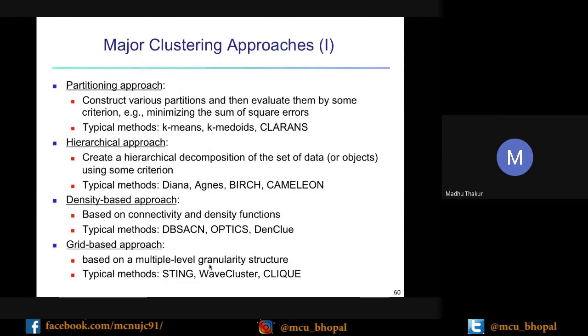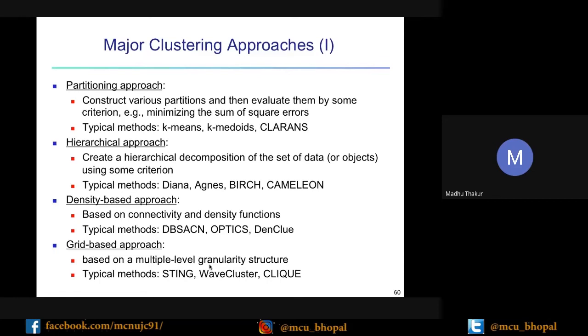In partitioning, you can partition the whole data into k clusters. After that, you try to minimize the sum of squared error. Every time you change the center of the clusters and find the minimum of your error; if your error is minimized, then you can say the clusters you found are correct. So this is partitioning, but hierarchical methods are different.